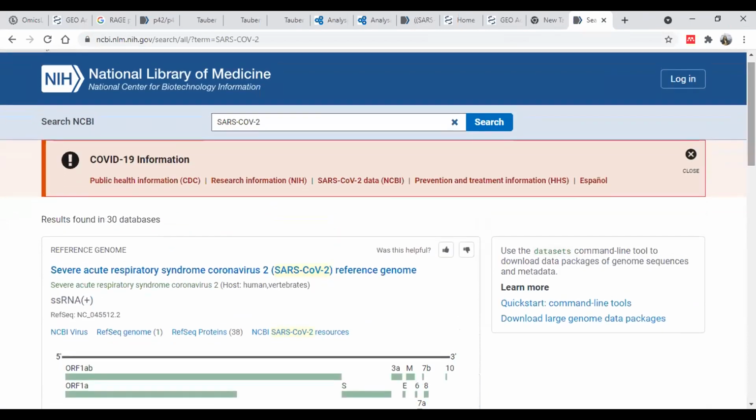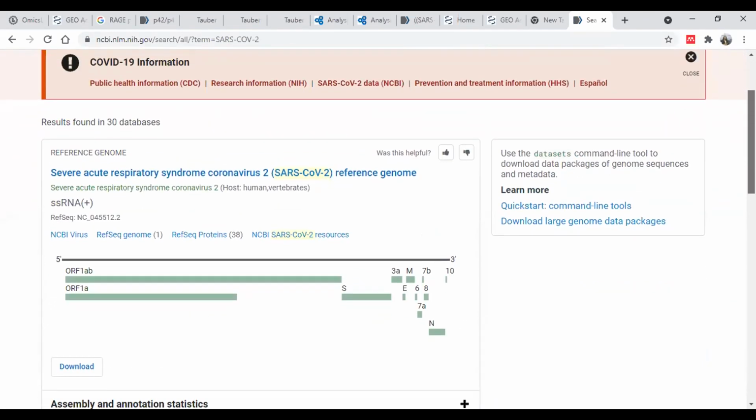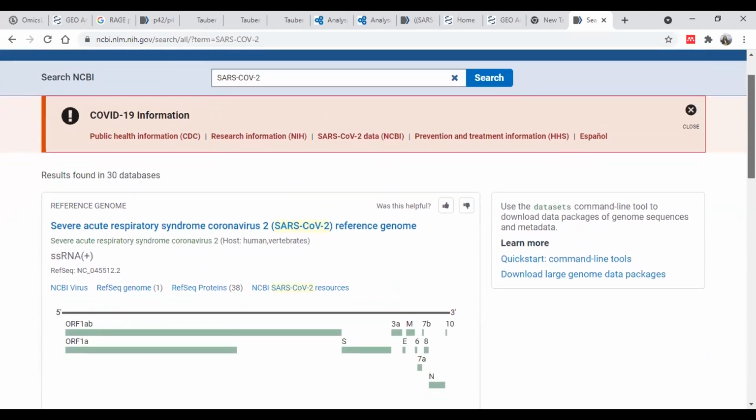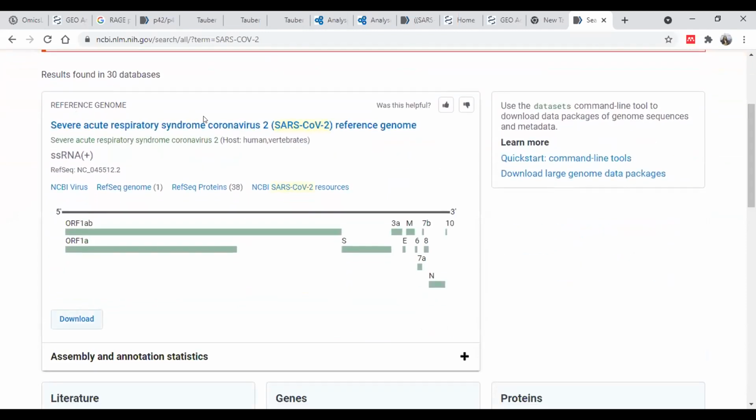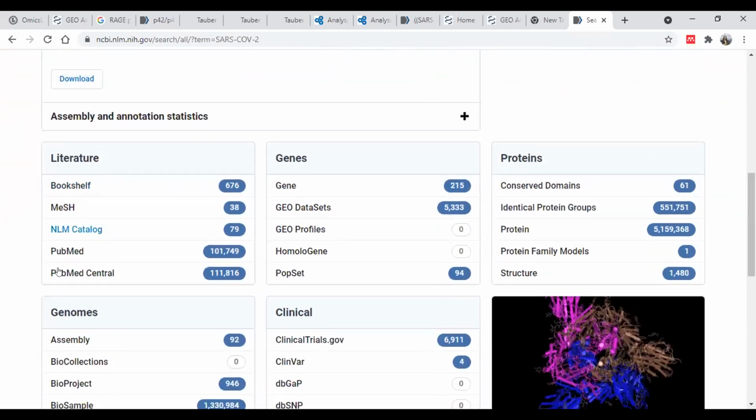Once you have created your query on NCBI, next what you need to do. It automatically gives you the different perspectives which are available on NCBI. First, you can get the reference genome sequence directly from here. And then here the important publications associated with this keyword, and then different data resources.